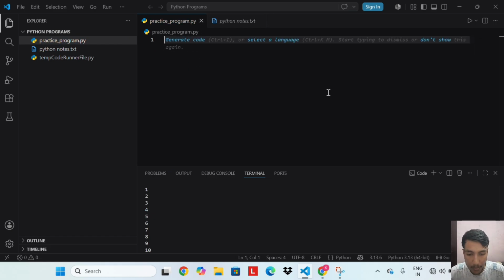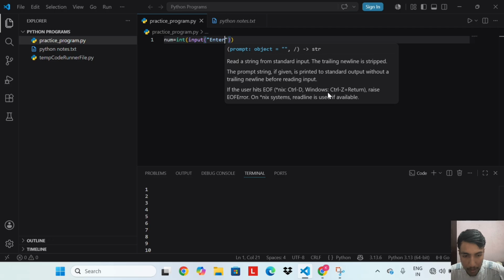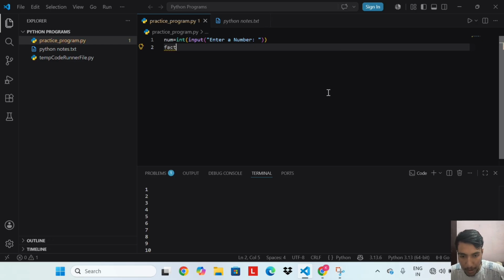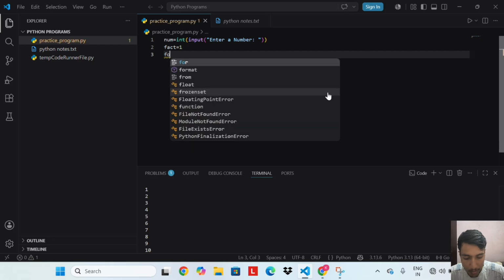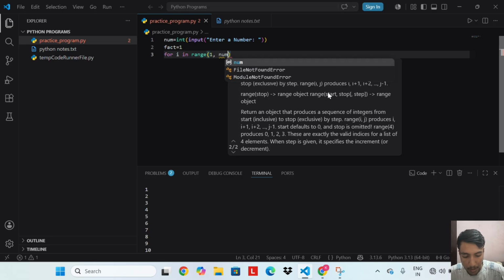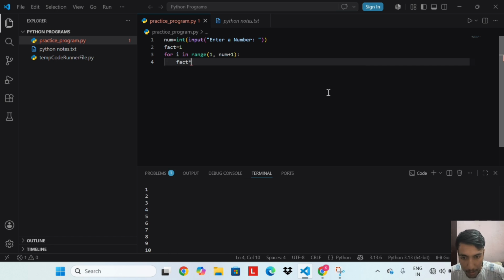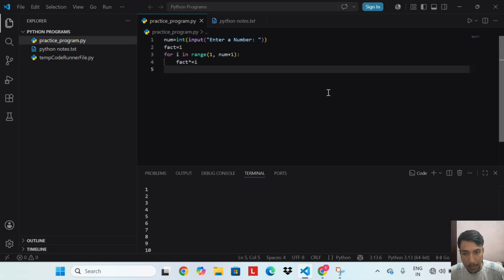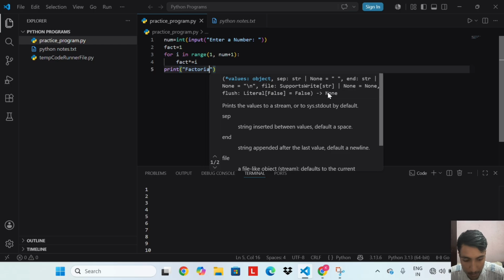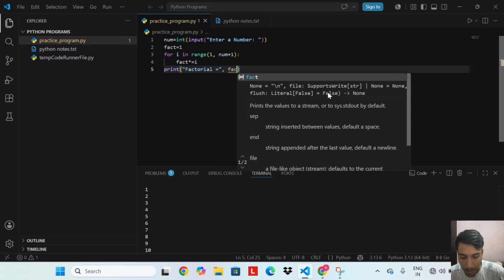So let's do this code. num equal to int(input("Enter a number")), fact equal to 1, for i in range(1, num plus 1): fact times equal to i. Then print factorial equal to fact.